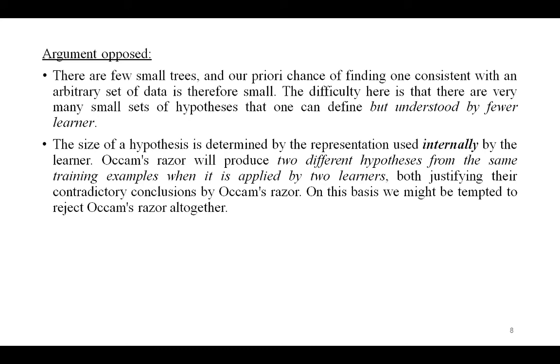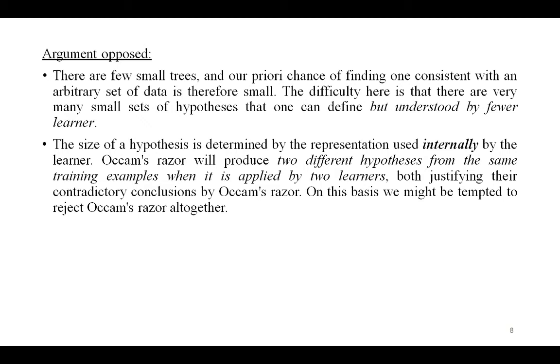Upon closer examination, it turns out that there is a major difficulty with the above argument, the previous argument for why to prefer the shorter hypothesis. By the same reasoning, we could have argued that one should prefer decision trees containing exactly 17 leaf nodes with 11 non-leaf nodes.